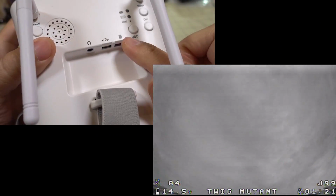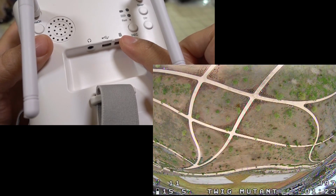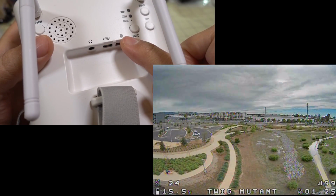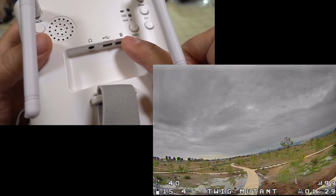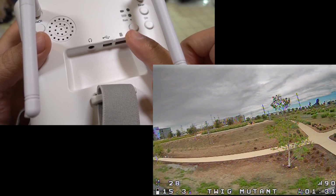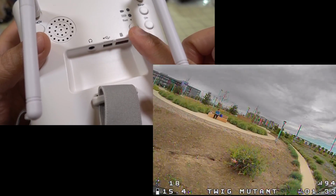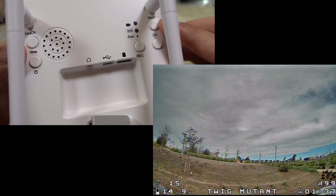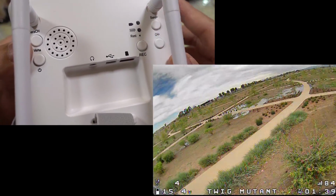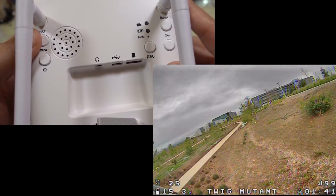The recordings that are on here are 1280 by 720 files. I think they're AVI files. Pretty good bit rate, like 13 to 16 megabits, so quality is pretty good for the DVR recordings in terms of analog recordings. Typical band and channel button operation here, power button here, and a menu button to get in there